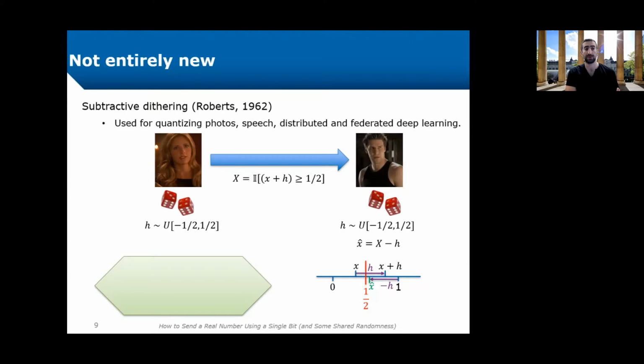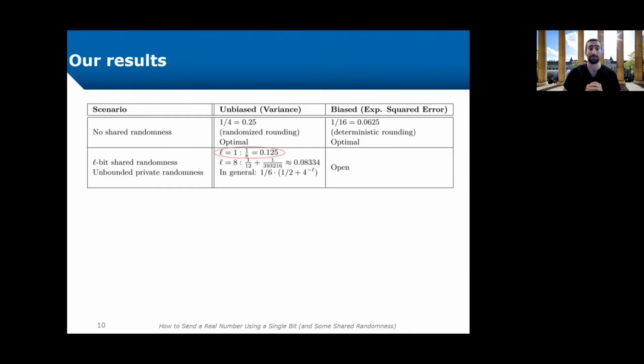Now, it's known that subtractive dithering has an estimate that's distributed uniformly between x minus 1/2 and x plus 1/2. In particular, it means that the algorithm is unbiased and its variance is 1/12. And subtractive dithering is really great, but it requires generating this real number h, which means unbounded shared randomness. And what we're going to do next is look at what happens if you have just one